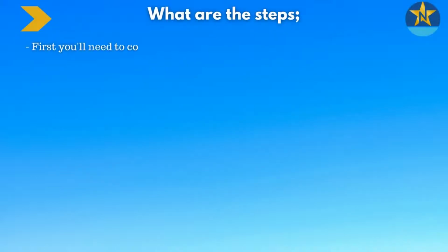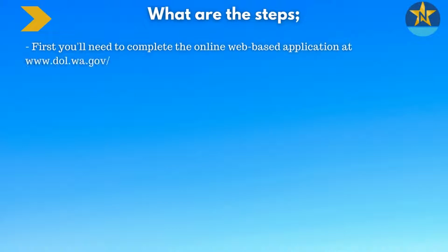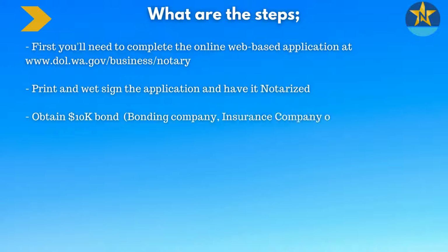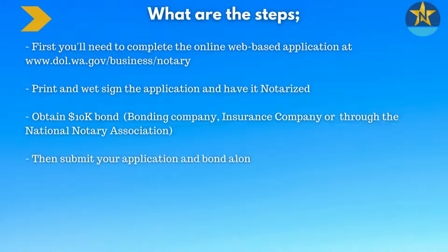First, you'll need to complete an online web-based application at www.dol.wa.gov/business/notary. Then you'll print and wet sign the application and have it notarized. You'll need to obtain a $10,000 bond from a bonding company, insurance company, or through the National Notary Association. Then you'll submit your application along with a $30 application fee to the Department of Licensing, or upload all documents